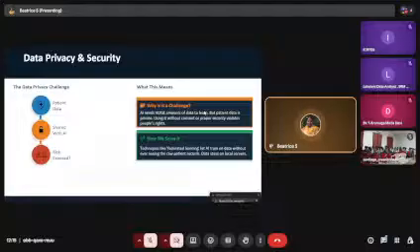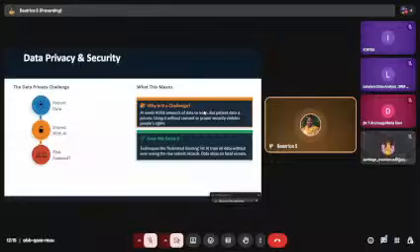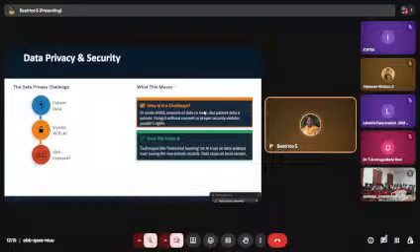How does this federated learning work? Instead of collecting everyone's data in one central server, which is risky, meaning anybody can take out that data, the AI model is sent to the hospital. Each hospital trains it locally on their own data. Only the learned patterns